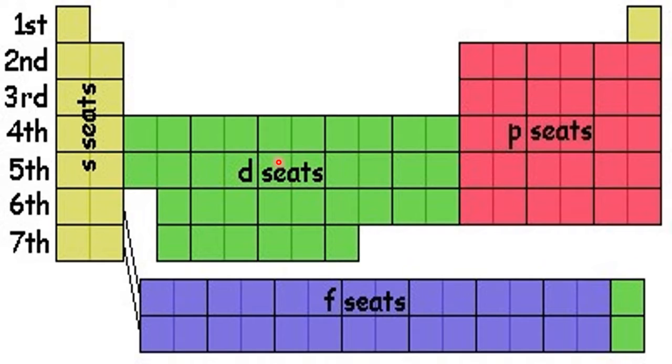If the outermost electron enters the S orbital, they are classified as S block elements, and if it enters the P orbital, P block elements, and the D orbital, D block elements. If the valence electron or outermost electron enters the F orbital, then they are called F block elements, and for them this is the allowed seat. So we have made a seating arrangement for different kinds of elements depending upon the shell their outermost electron enters.